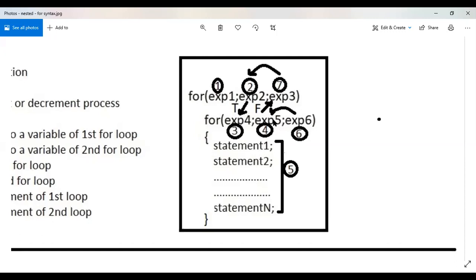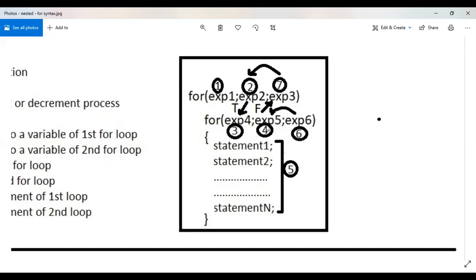So immediately, if expression 5, that is condition, becomes false, you just observe it will go to the expression 3. That is the seventh step of execution. After seventh step, again it will come for the second step, because condition of the first for loop. Okay, and this process keeps repeating. You just observe the numbers in circles and you have to follow the steps. Second, third, fourth, fifth, sixth. So fourth, fifth, sixth are repeated.